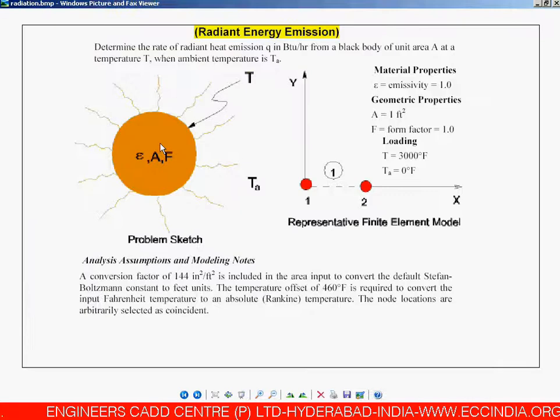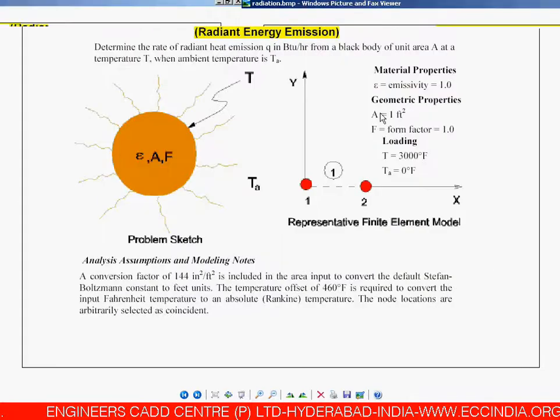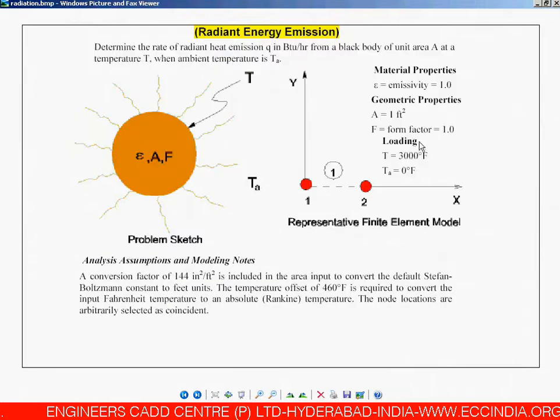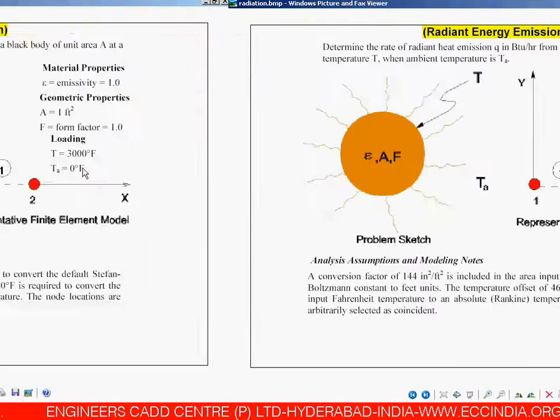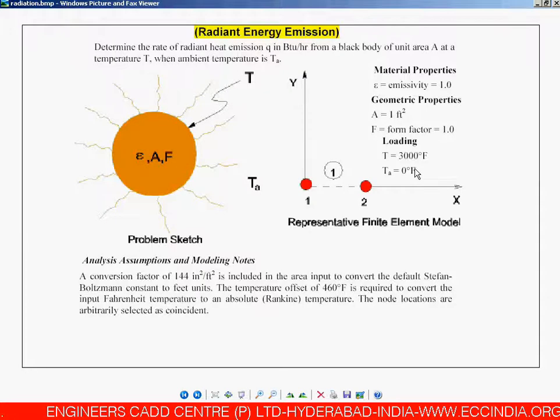So, we have a radiation numerical. We need to apply the different temperatures, Q1 and emissivity value, area, form factor value with respect to T and TA, with respect to the temperature at which the perfectly black body is at an ambient temperature. The units of those temperatures are maintained in degrees Fahrenheit. So we must bother about the units.